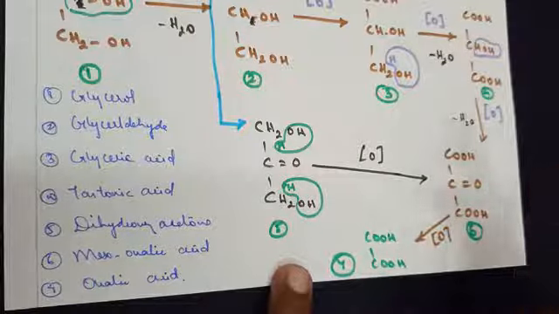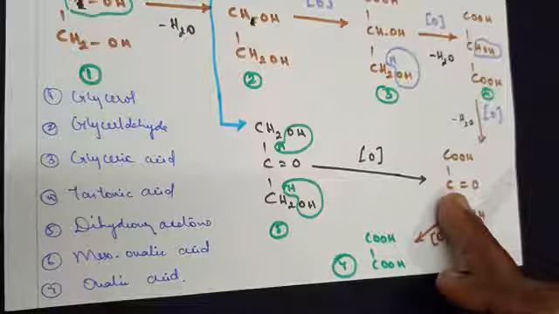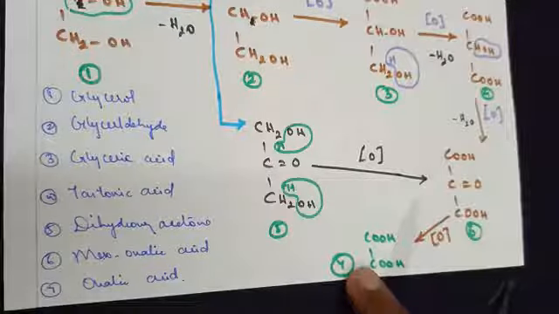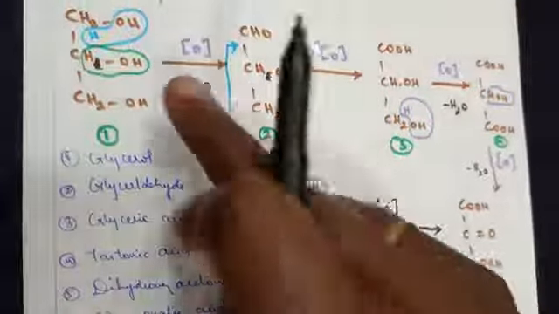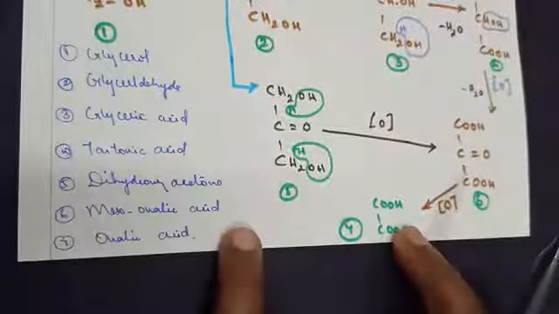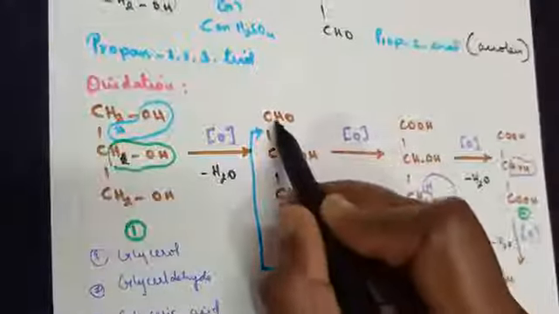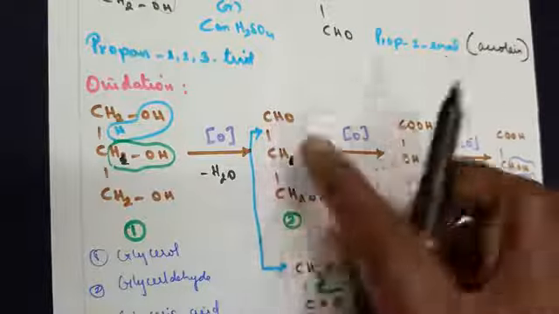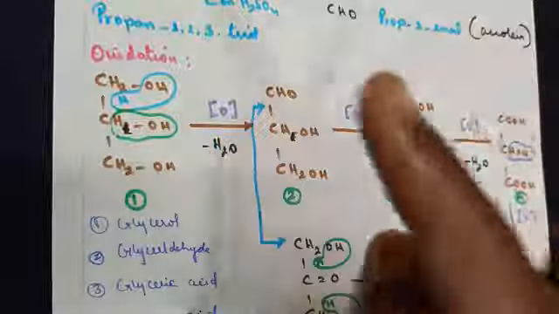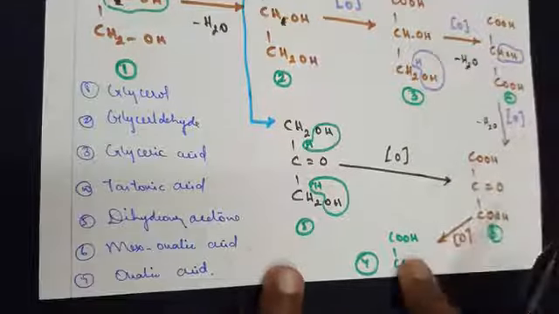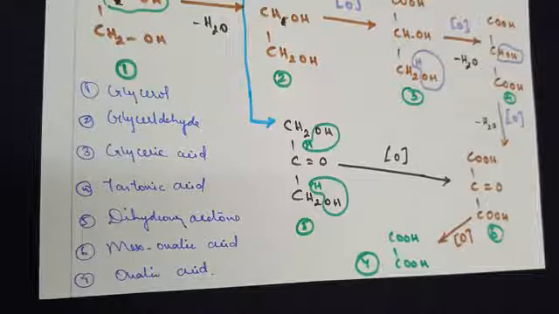In the oxidation of glycol also you have seen the final product to be oxalic acid. In terms of glycerol also, the final product is oxalic acid. But here you have two methods. If the changes take place in the first carbon, this is the reaction. If suppose the changes take place first in the middle carbon, this is the reaction. But both will finally give you oxalic acid.